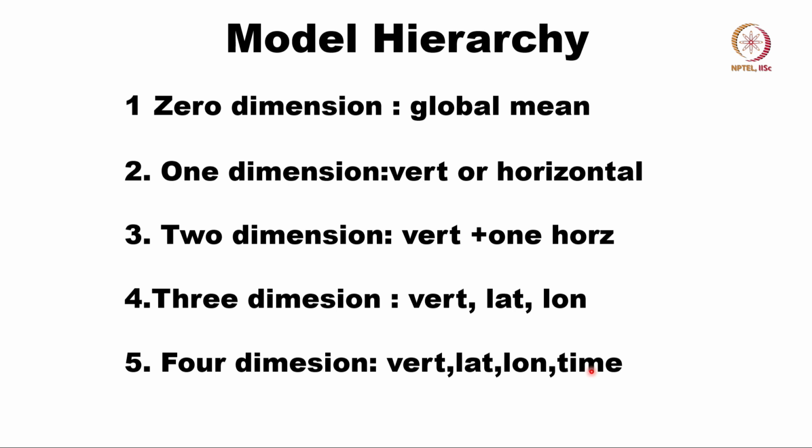You evolve in time. For example, you can have a model which starts at 1850 and integrates up to 2020, and we see how the temperature of the earth varies over time and how it responds to changes in incoming radiation, changes in carbon dioxide and volcanic eruptions, for example. So this is the most ambitious model. It's computationally very expensive, very complex, and I wanted to show a few examples of this model in this lecture for you to get an idea how these models are used.